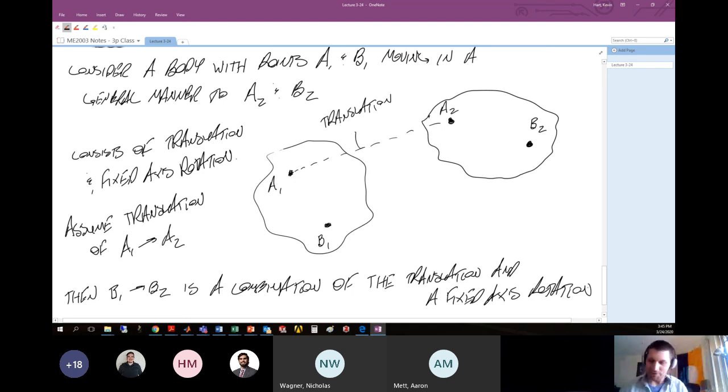Let me expound on this just a little bit. All right, so when A1 translates from A1 to A2, B1, we might think about it also translating in that similar manner, from B1 to the exact same parallel path, and it's going to come to a point of about right here. All right, so there's this intermediate location that exists from the translation of A1 to A2 in the same translation of B1 to, let's call this point here B1 prime. Okay, and so this is same translation